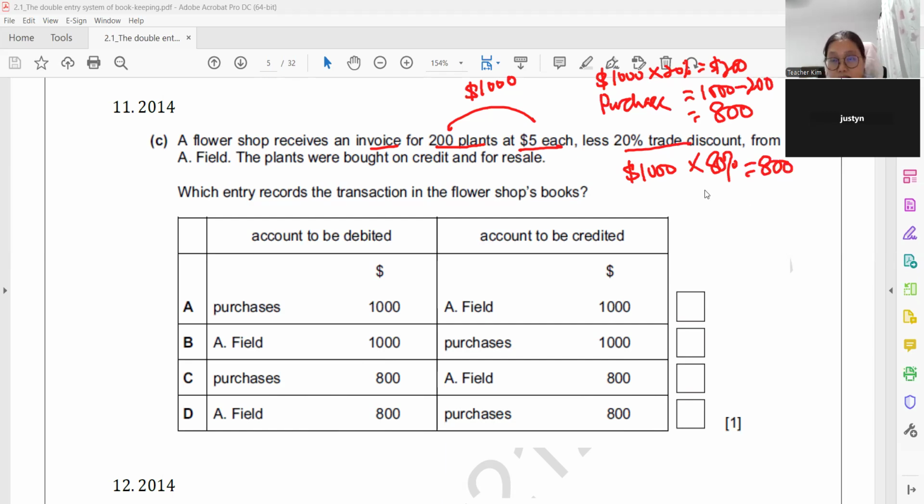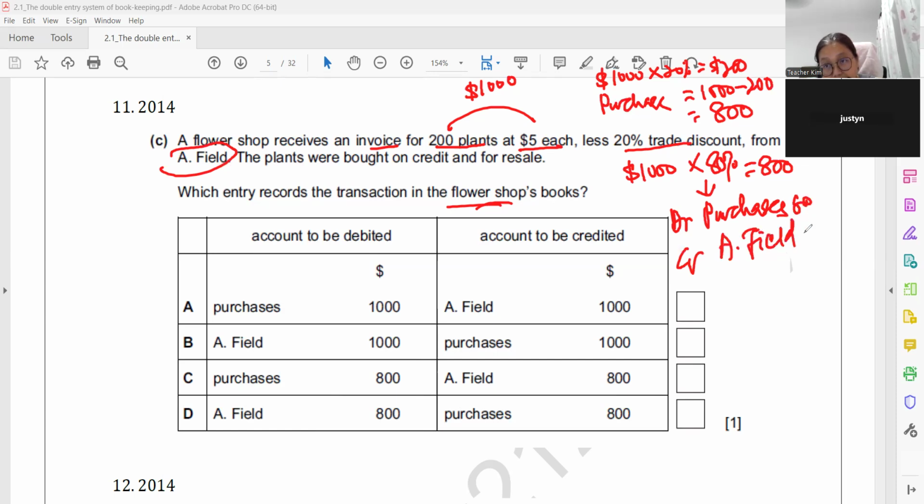Okay, so this double entry is debit purchases, because the buyer does the recording, and credit. This one is from where? From Ali Field. 800, 800, double entry. The important thing is that